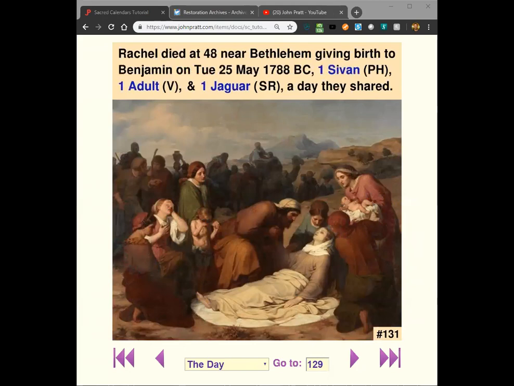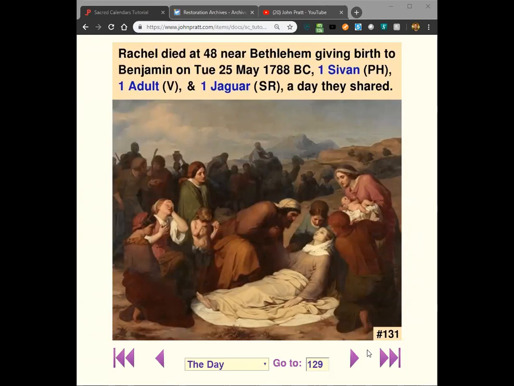Rebecca's born on it, dies on it, and so that's a day they shared, and also with Benjamin. Oh, and of course, Benjamin and Rachel share all of these days. We've talked before about how there are links between mothers and their children, or fathers and their children. Well, if the mother dies at childbirth, that locks in the link. They share all of those days together, and that was something that came out in my studies here. Rachel's going to tie a lot to Mary. They both have children in Bethlehem. Anyway, there's a lot of ties between Rachel and the Virgin Mary.